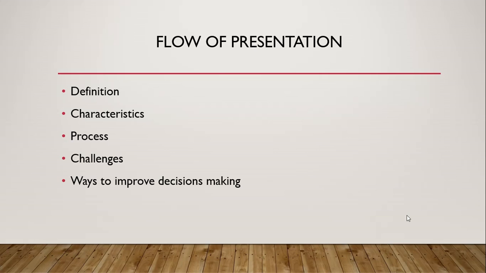Henry Sisk and Clifton Williams defined a decision as the selection of a course of action from two or more alternatives. The decision-making process is a sequence of steps leading to one apt selection. Let me tell you the crux of decision-making. So when we have a problem or a situation on hand, we analyze, gather information and list out the solution alternatives from which we need to analyze each of them to choose the best one that will serve the